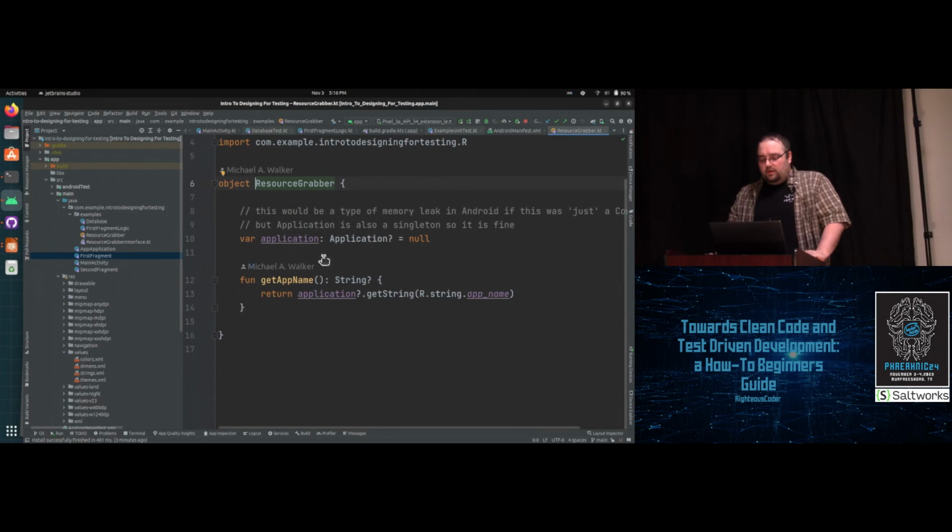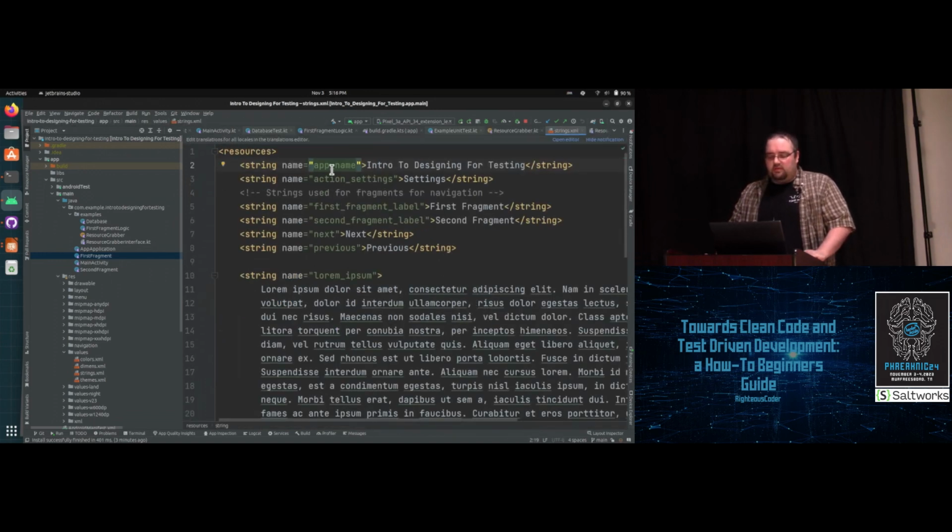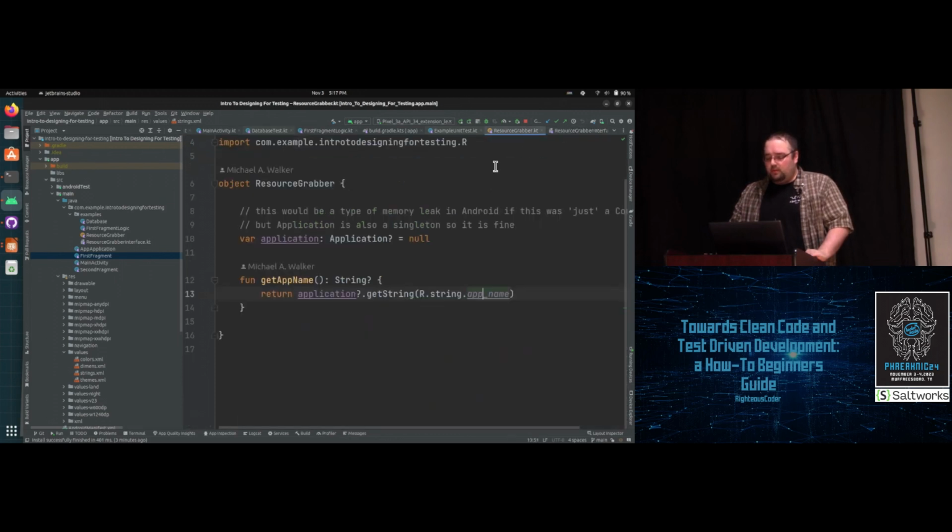Resource grabber, this is sort of magic hand waving, but this is actually accessing through the application. This is an Android specific part, but just so you're aware. I'm pulling this value from a string resource, and I'm doing that by having reference to the application class that I'm running. So, resource grabber,